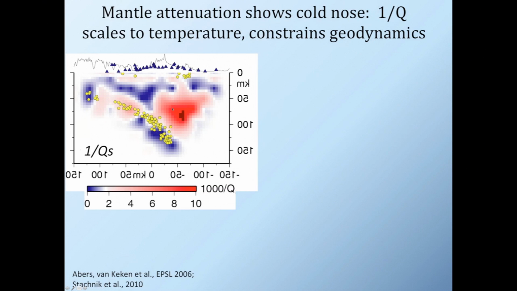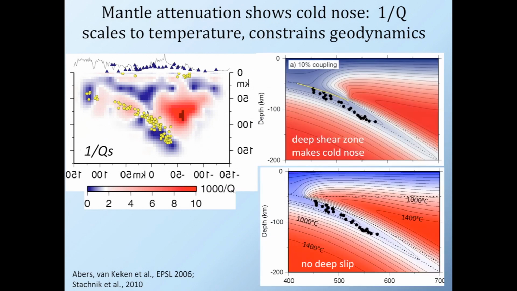What we see are these huge variations in Q and seismic attenuation that are factors of 20 or 40 between the real hot stuff that's in the flowing part of the mantle wedge and the cold stuff that is in the mantle but closer to the trench, or we call it sort of the cold nose or the cold corner. This has been a real important observation, not just here, but in a lot of subduction zones that we've constantly used these data a lot to sort of argue that this has some big implications for what geodynamic models of